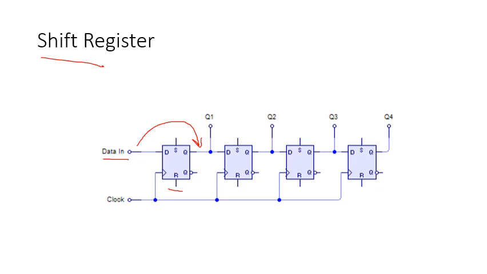In the next clock pulse, what is going to happen? The input of the second flip-flop becomes 1. So this is 1 here at the end of the first clock pulse. So when the next clock pulse comes, this 1 will travel to the next stage, and in the next clock pulse it will travel like this. So we can see the data is subsequently shifting towards the right side. So by this it justifies the name shift register. So this is the basic working.